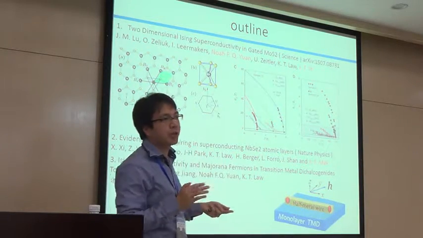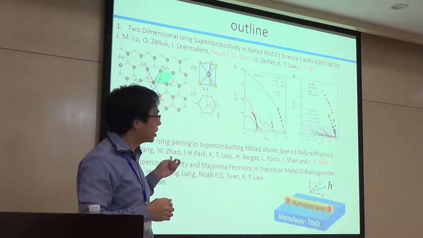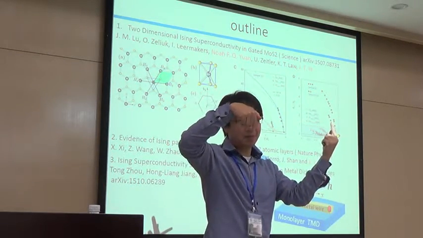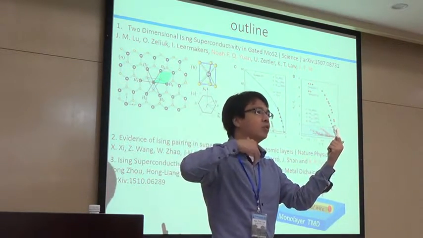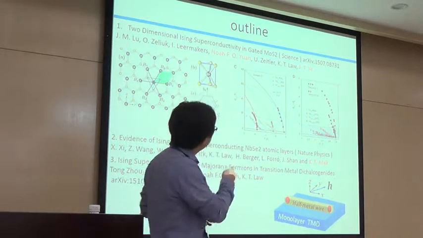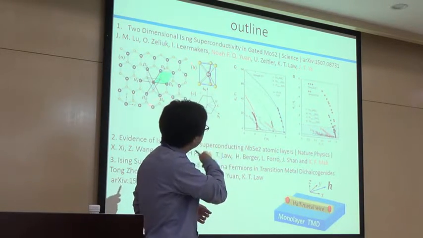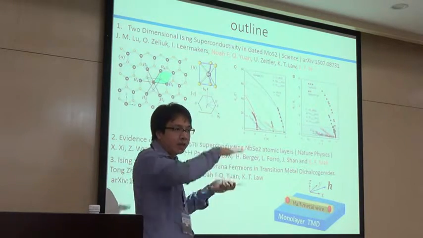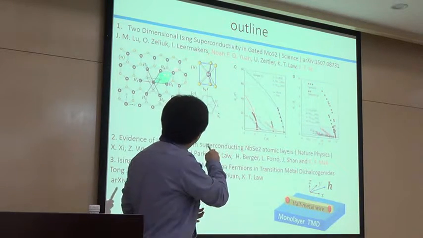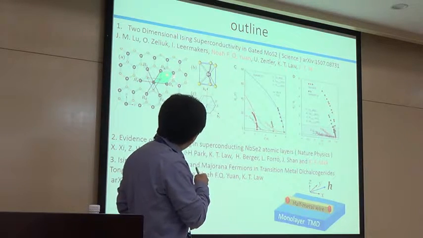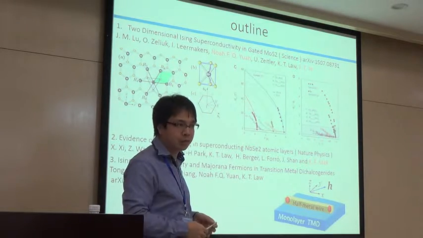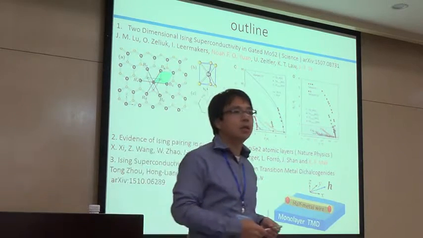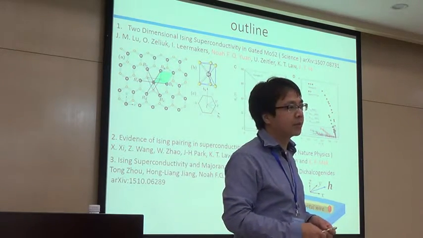The electrons move around, but the spins are pinned to the in-plane direction because of the spin-orbit coupling. But that is the Rashba spin-orbit coupling. For this material, the electron spins are pinned up and down because of the specific type of lattice structure, the lattice structure related to molybdenum disulfide. It's related to a honeycomb lattice, but with broken sublattice symmetry.